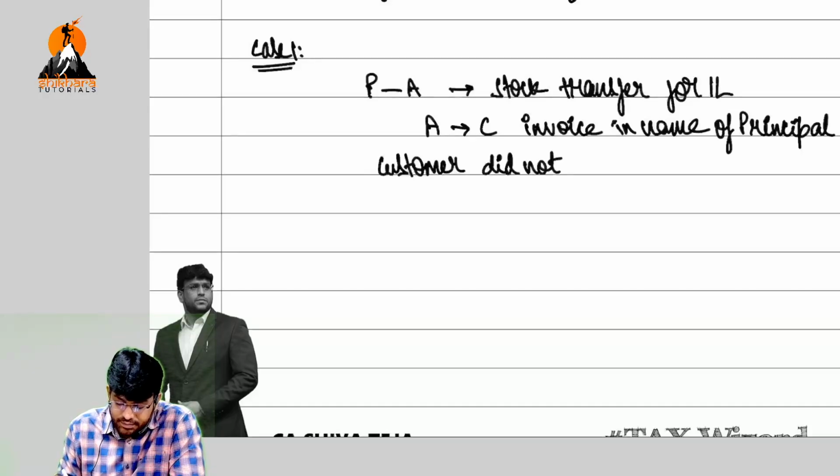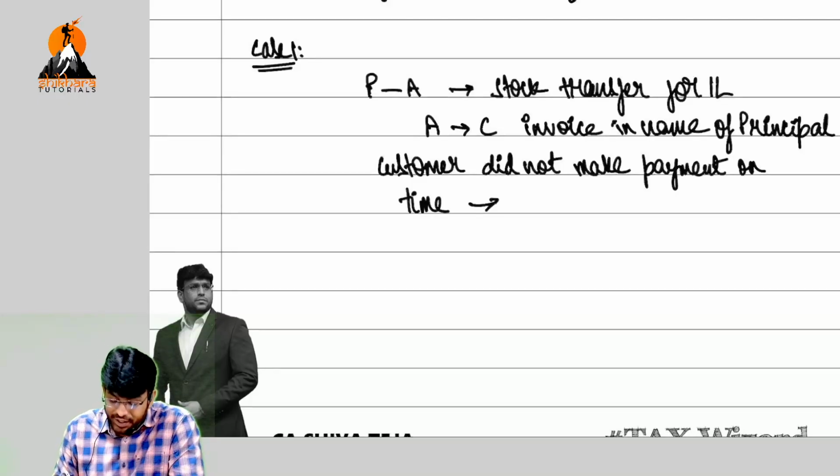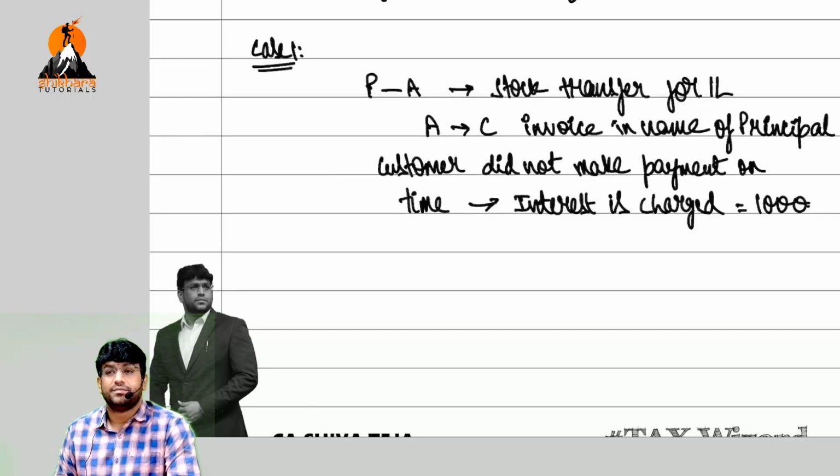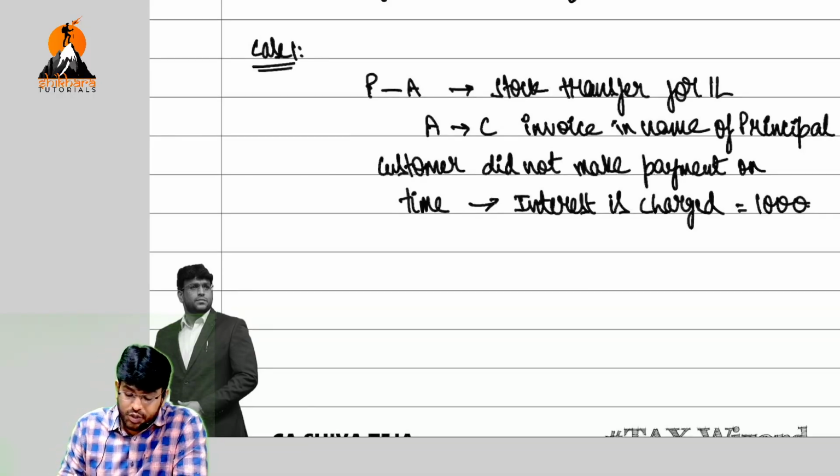customer did not make payment on time, for which interest is charged. Interest is charged. Let us say 1,000 rupees. Clear, friends? Now first question you tell me,